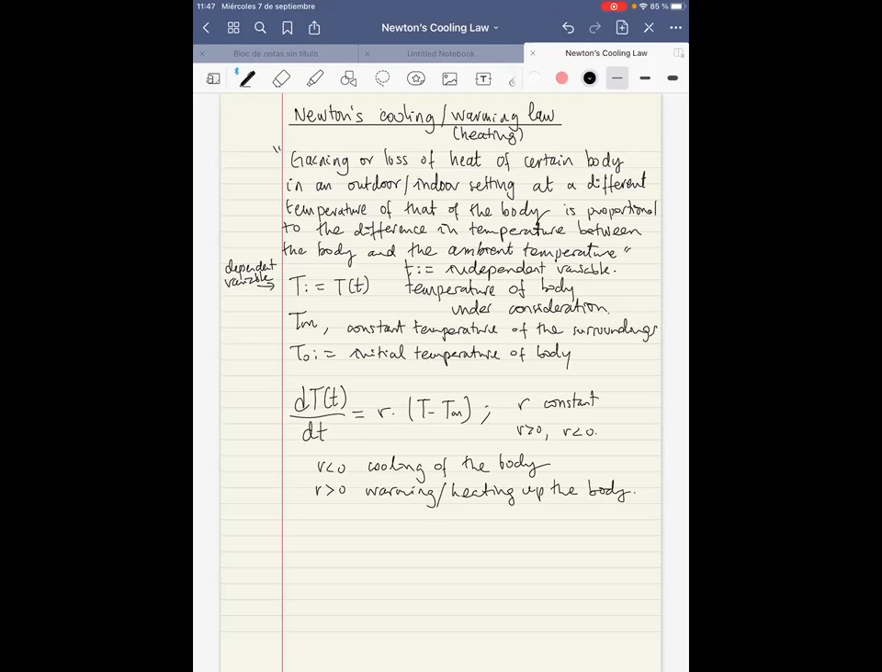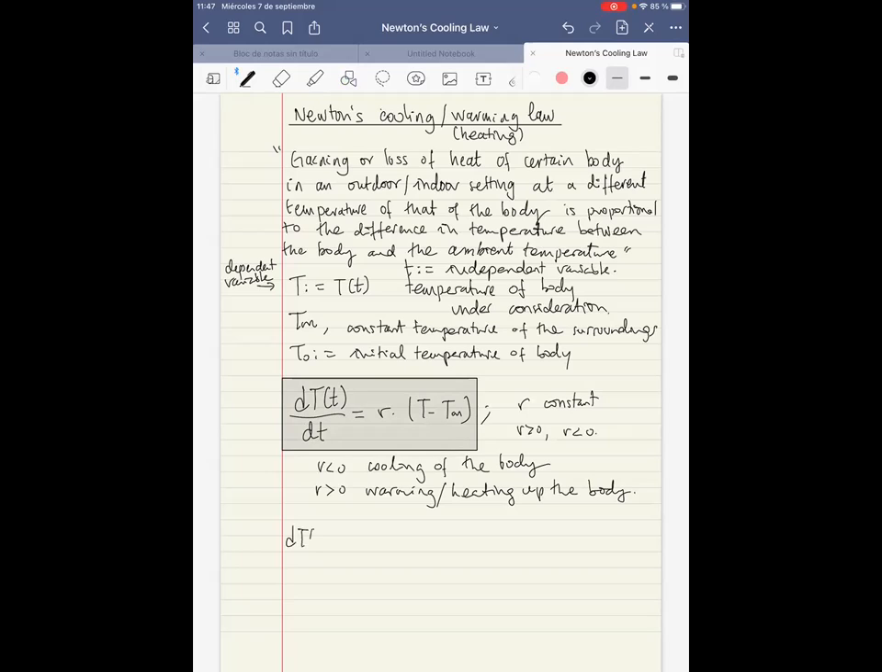Okay, so let's set it as R, and then we'll see what happens with some specific examples. Basically, this is a first order differential equation as well. It's a very simple equation. As you can see, it's one of those equations that we call separable variables, because